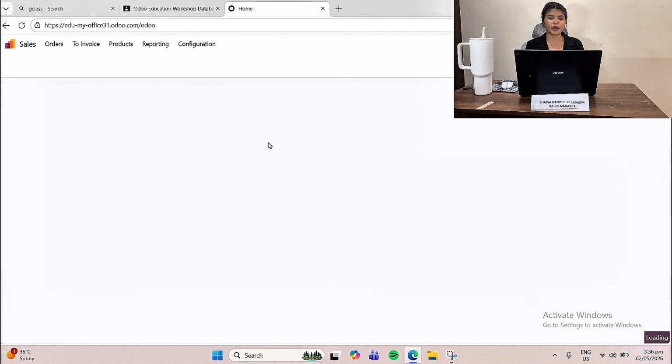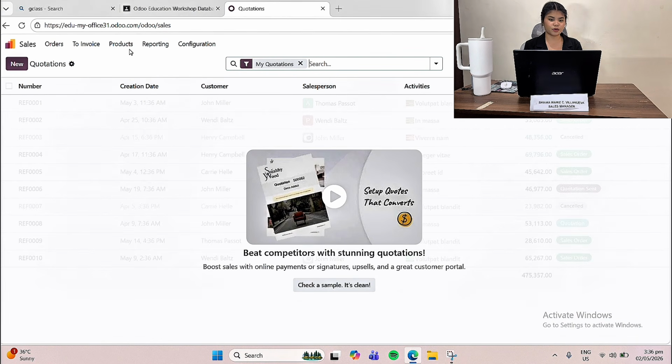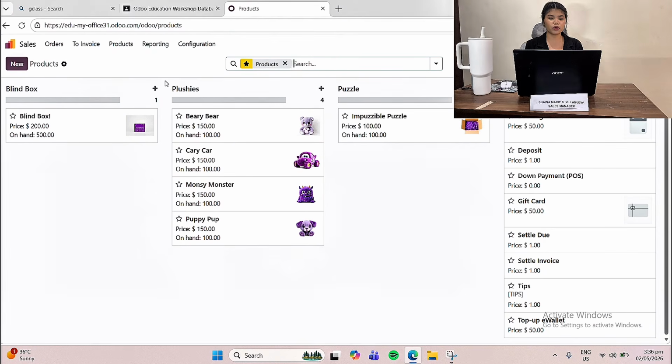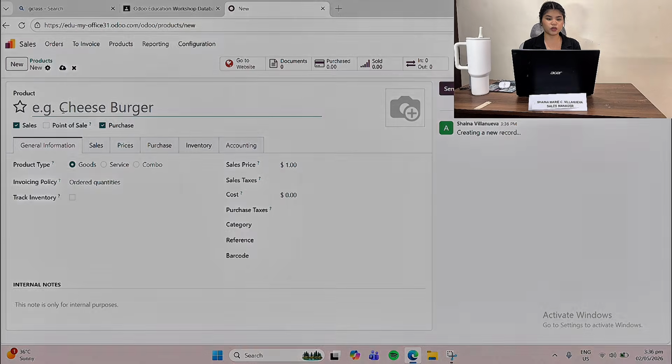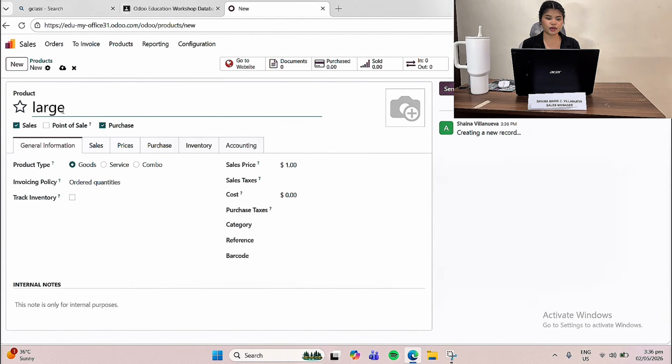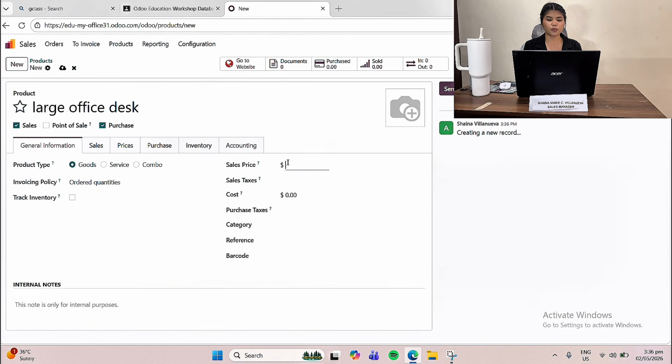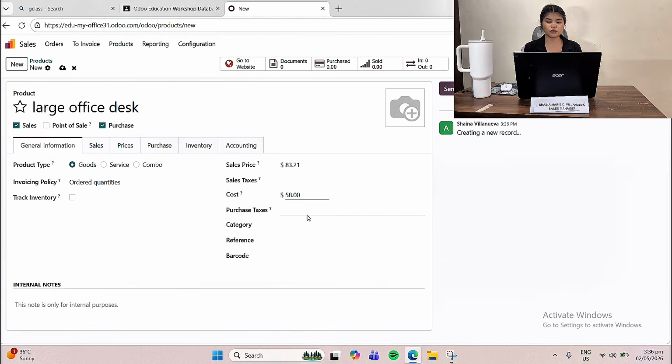Let's begin by creating a product in the system. First, we go to the sales module. Then we click product and click new. Enter the product name, which is large office desk. Next, we input the important details such as the sales price of $83.21. When converted to the peso, it's 5,000 each desk, and the cost of $58 when converted to the peso